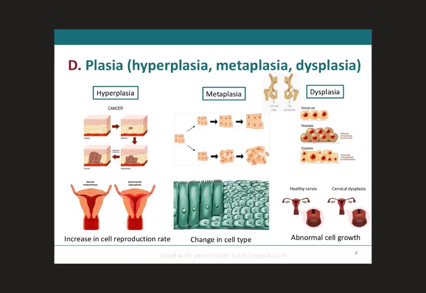On this image, there are three different types of plasias. We have hyperplasia, metaplasia, and dysplasia. The suffix plasia is going to mean formation, growth, or proliferation. We already covered the fact that the prefix hyper means more. Therefore, hyperplasia means that you will have more growth, more proliferation of an organ or tissue caused by an increase